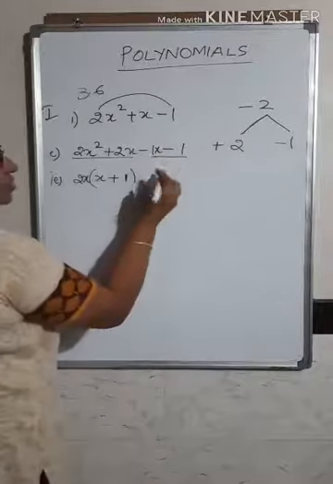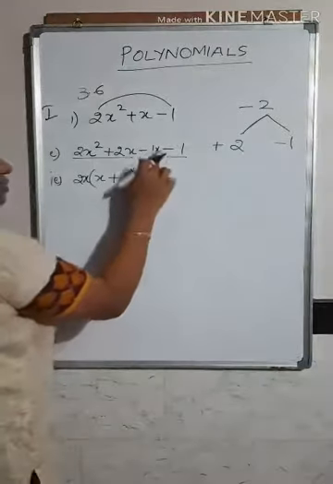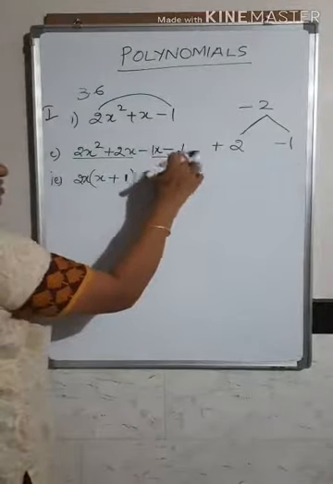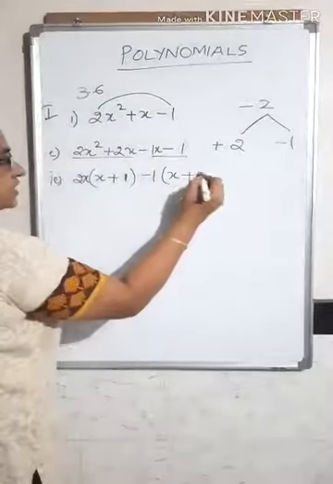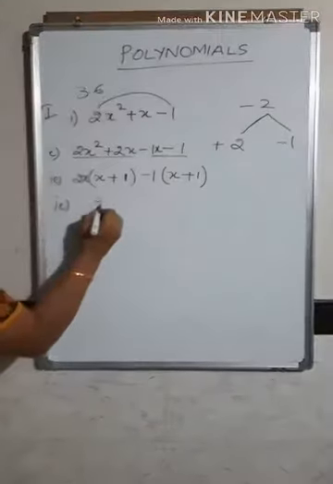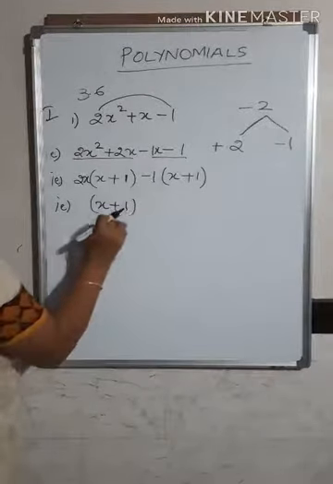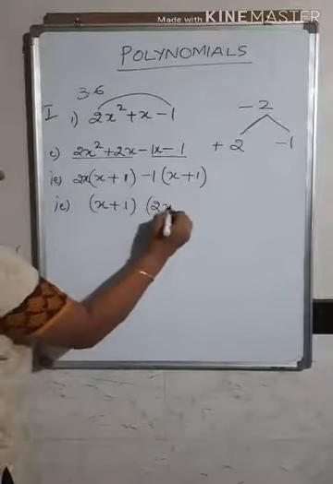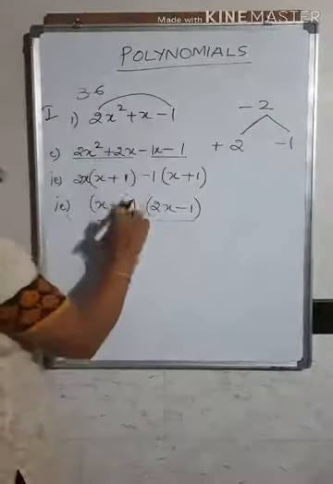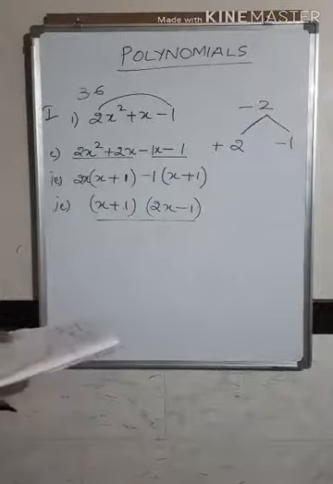Now from the next two terms, you have to take minus 1 as common. When you take minus 1 as common, this one will become plus x. Since minus is taken, you need to change the sign of this expression. So you will get x plus 1. So you have got the same terms here and here. So further this is written as x plus 1. That is the common factor you have got, and you write it. Then in the other bracket you write 2x minus 1. So these are the factors of this given polynomial. When you multiply these two, you will get back this expression. So this is how you factorize the given trinomial.